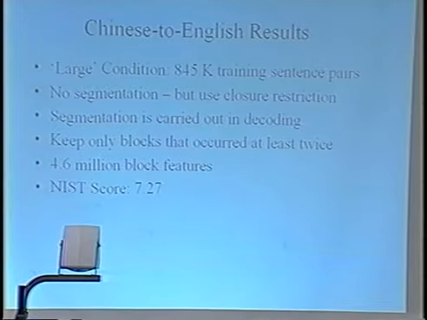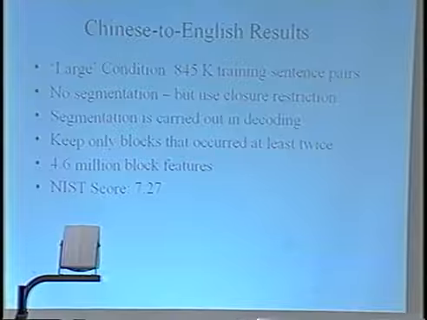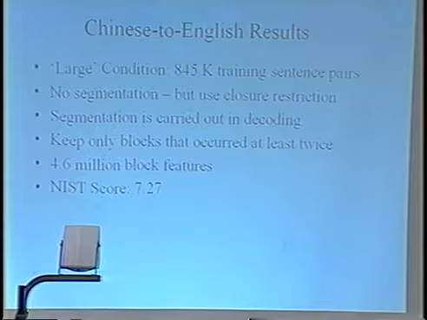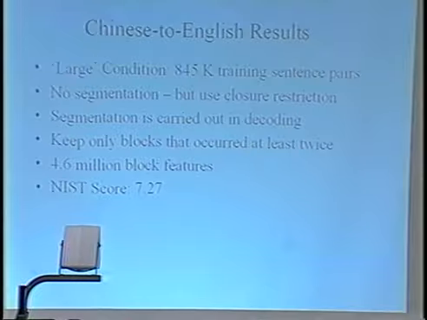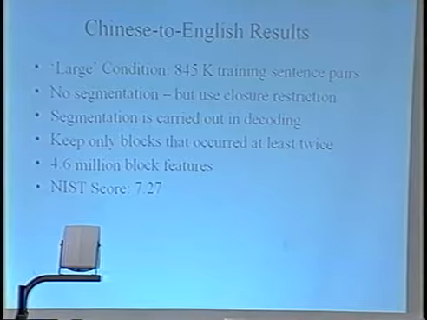So again, what I'm doing is, I have this word-to-word alignment. I'm collecting the blocks of this word-to-word alignment under this closure restriction. This gives me about 20 million block features. Then I prune away all the block features that occurred only once, and then I compute unigram probabilities of these features,